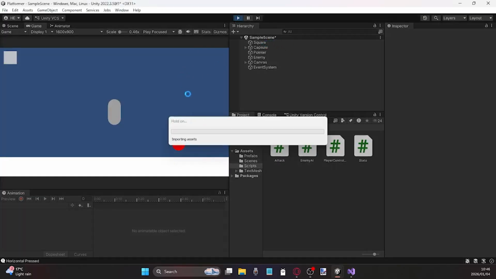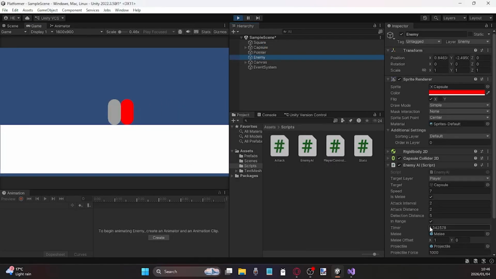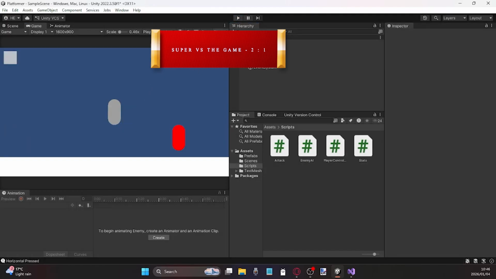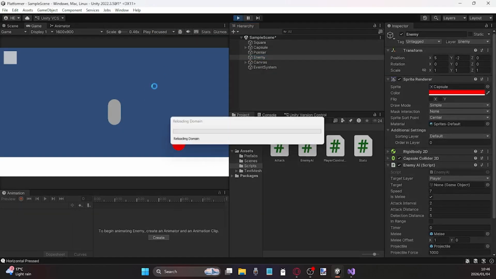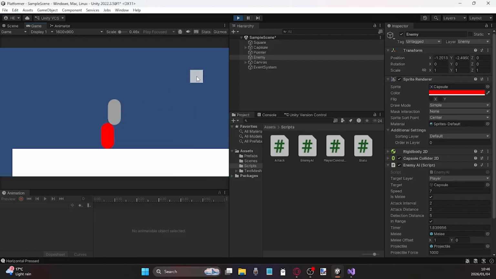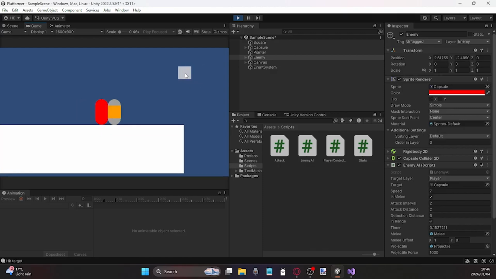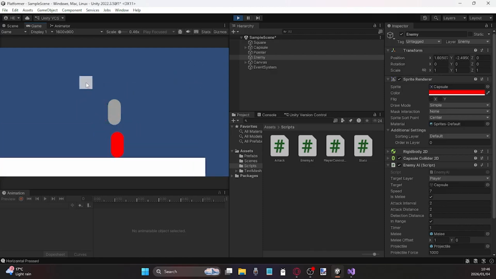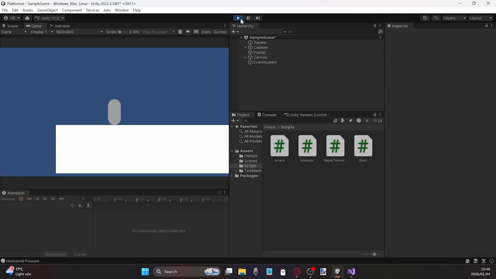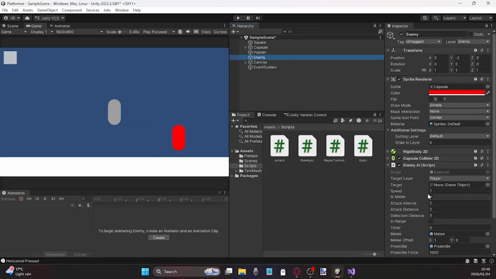The enemy is currently set to melee. It runs towards me. It attacks. Oops, that wasn't supposed to happen. So if I get closer, he runs towards me and he attacks. Still kill it. And if I set my enemy to ranged,